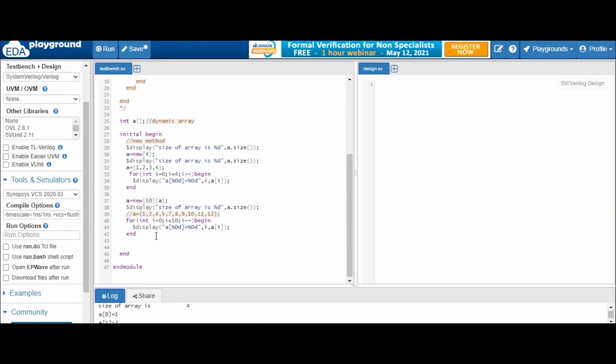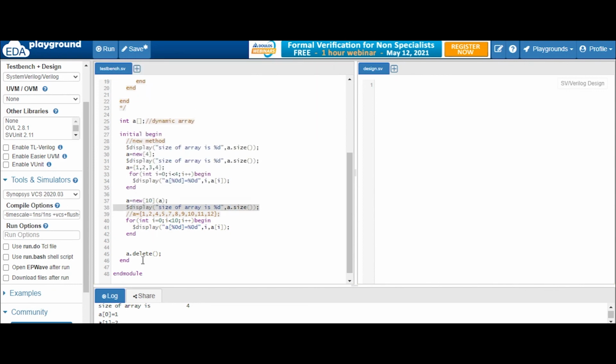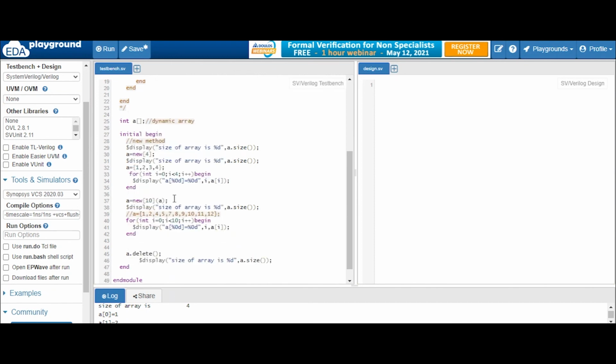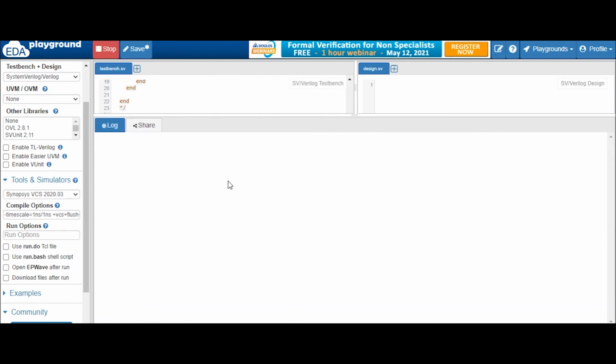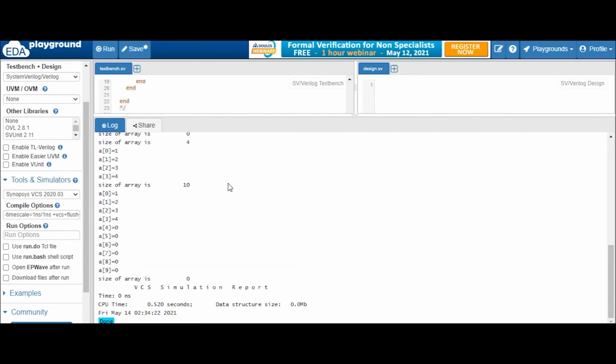One more method which is present with the array is the delete method. Just call a dot delete, and after a dot delete, let's see what size it should be. 0. And if it's 0, then we are following the correct path. So let's run this. I hope you will get a 0.